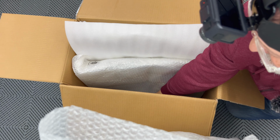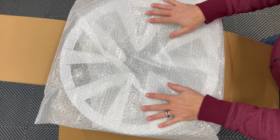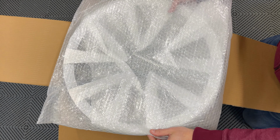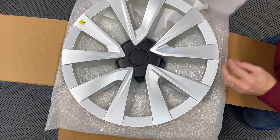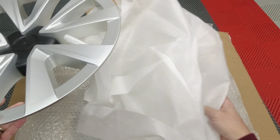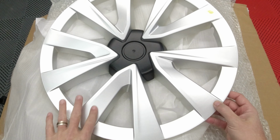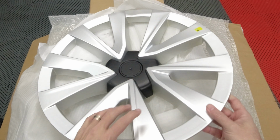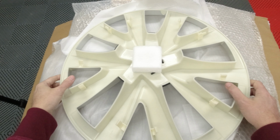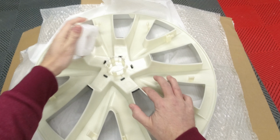We have a welcome letter from EVbase. Here is the wheel cover in bubble wrap. I will remove it. And we have a silver painted plastic cover with a black center cap area. On the back, there's a protective foam piece,